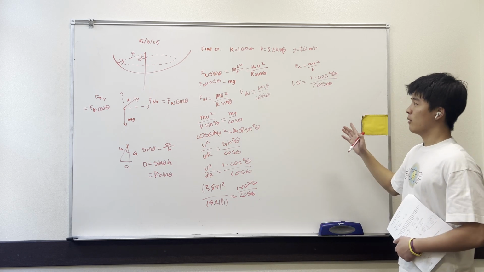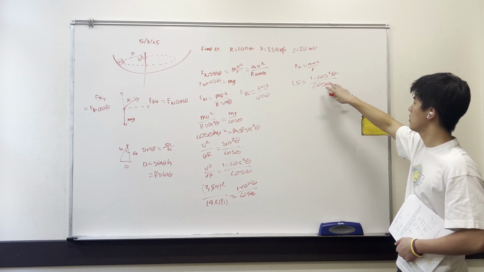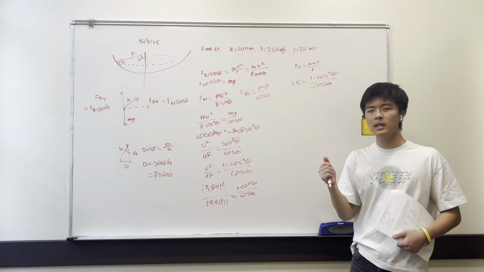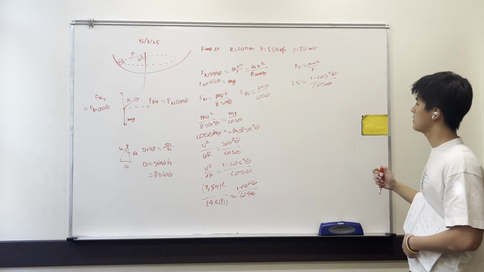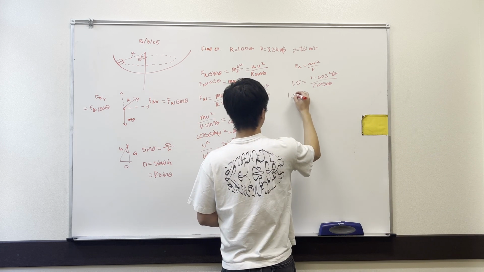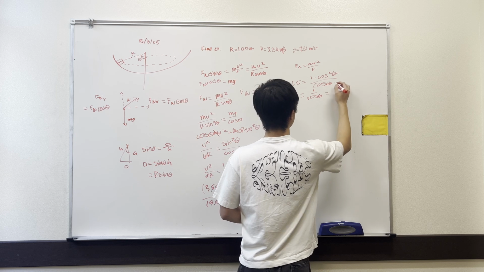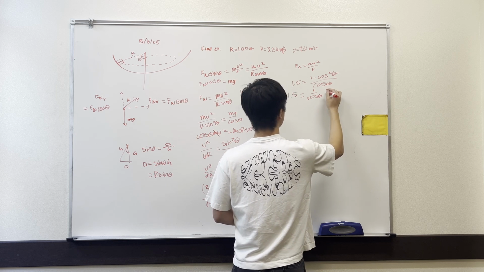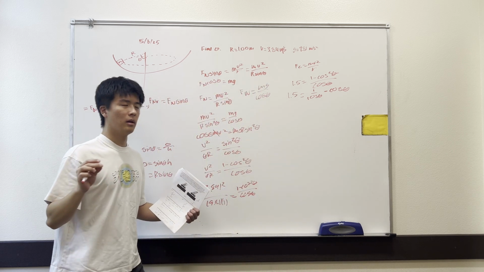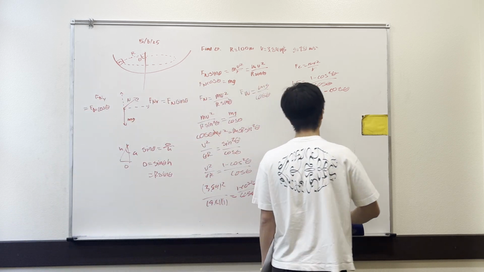Now if you try to solve it by going 1.5 equals 1 divided by cosine theta minus cosine theta, and you try solving it out, it doesn't work. Or it is possible, but it becomes very messy, as you could see for yourselves here. You look at it and you're like, wait a minute, what do I do from here? You get lost, you get stuck. So instead of taking an approach this way,